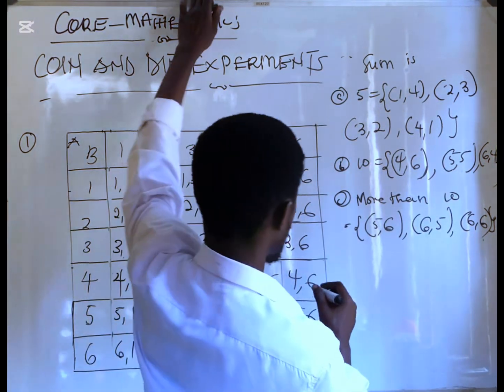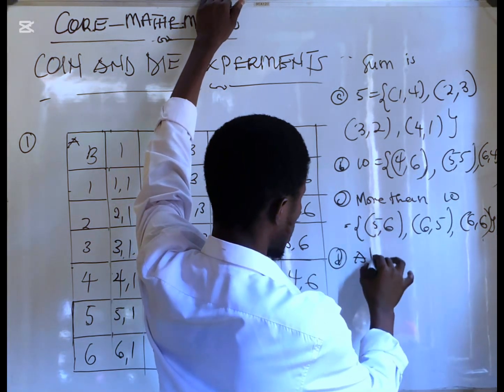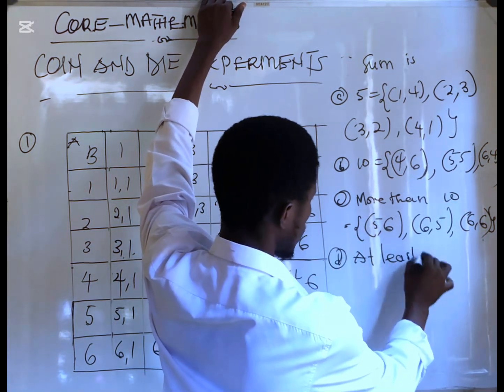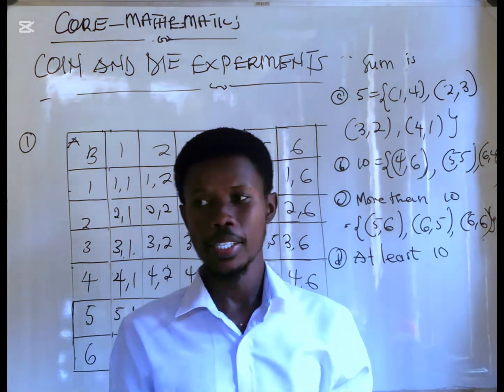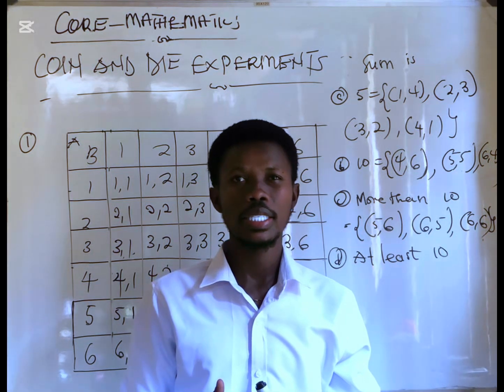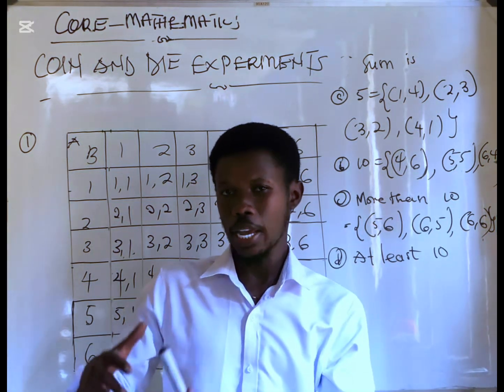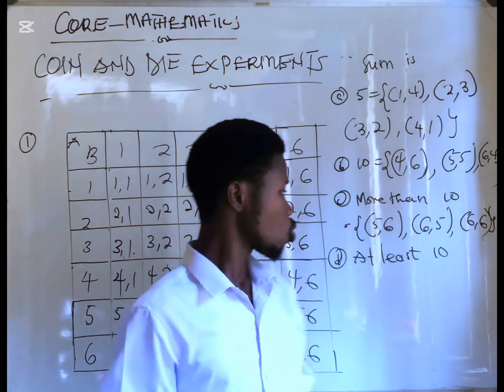At least 10. So at least 10, that's D. The difference between more than 10 and at least 10 is that at least 10 is 10 or more. But more than 10, 10 is not part of it, okay? So we are going to have